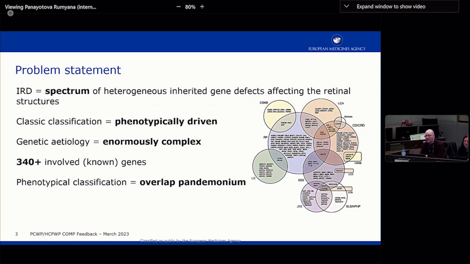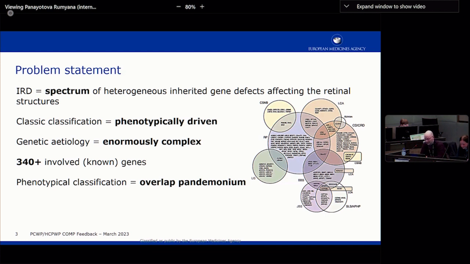So as you can see here, this is the bubble which I keep bringing around for 5 years now, which shows you all these little black things. I know it's not very legible at this size, but all these black things in the bubbles are genes. It's very outdated, by the way, because we have now around 345 genes known that cause IRDs.